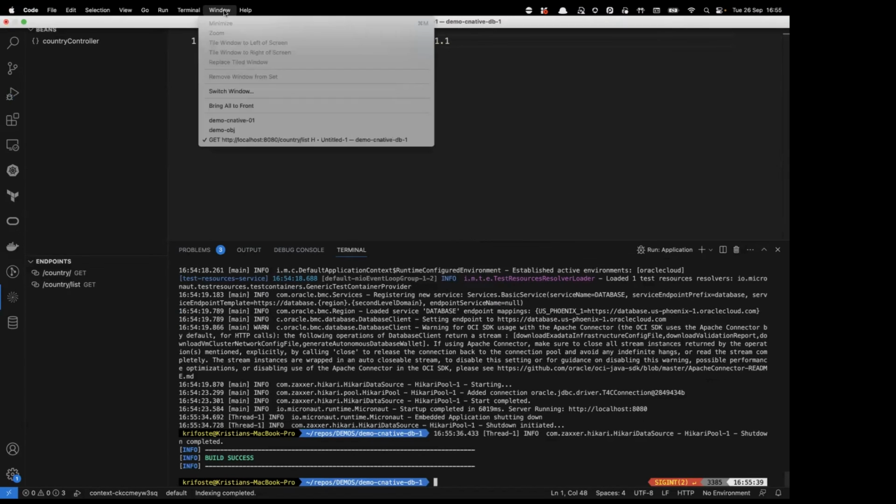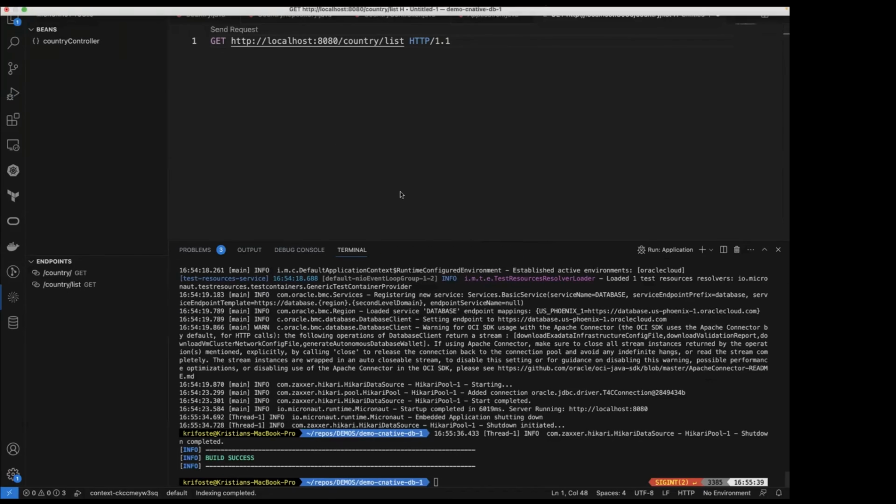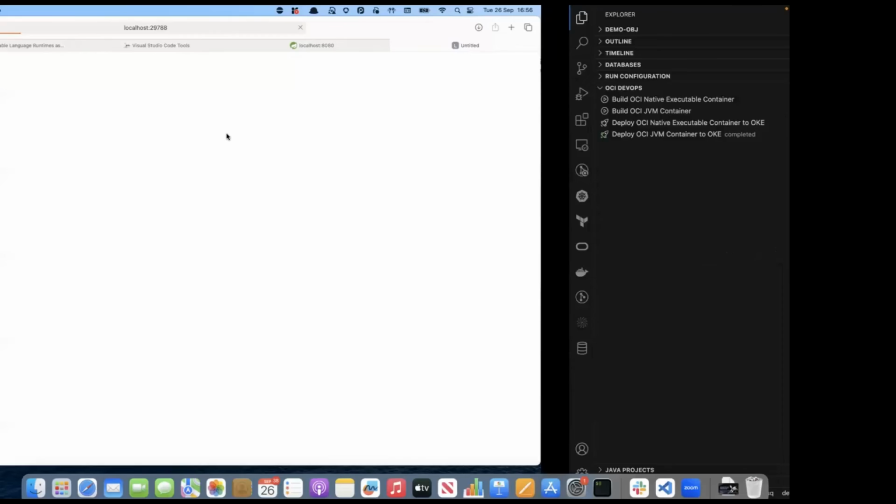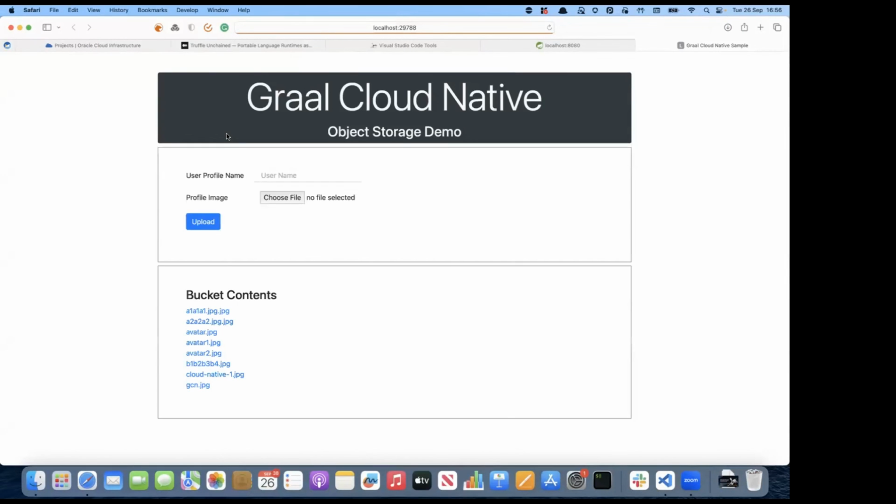Let's go back and quickly see if, yes, fantastic. So my other deployment for my other application, do you remember I said it was the object storage? So now that deployment's happened, it's been deployed to OKE. I can see that there's a new action here called open in the browser. So if I click on that, that's going to set up port forwarding for me. So that application running in OKE inside my compartment in OCI is now going to be available locally on my machine.